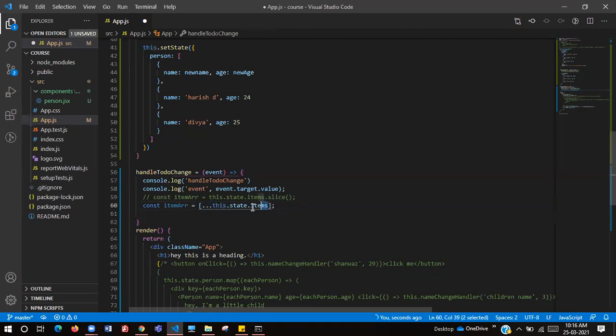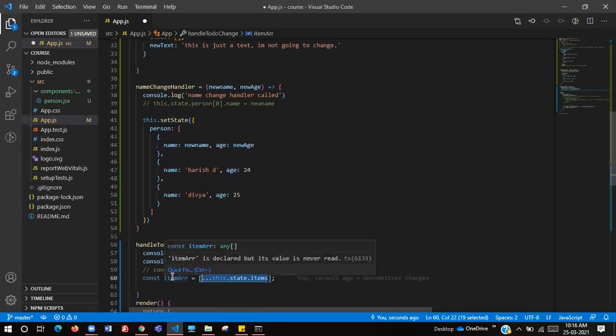So what it does is it just gives us the copy of the array, and it spreads all the items of an array into this const item array. Okay, in the format of an array. Here we have declared it in an array format, right?